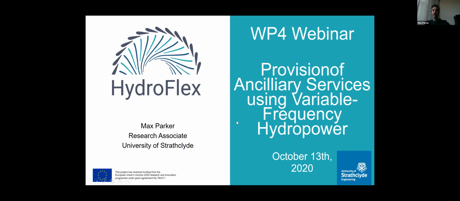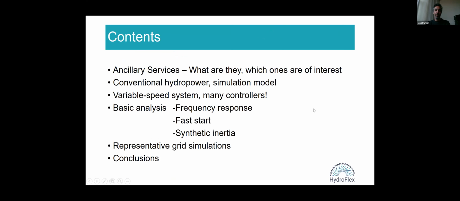This topic, this sort of presentation, is specifically going to be about providing ancillary services. There are some other aspects of it, like we can provide for improved efficiency by tracking the most efficient operating point of the turbine. I'm not really considering this at this point. So what I'm going to talk about is, first, a little bit about ancillary services,